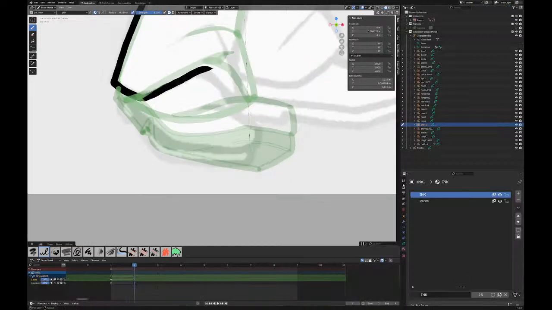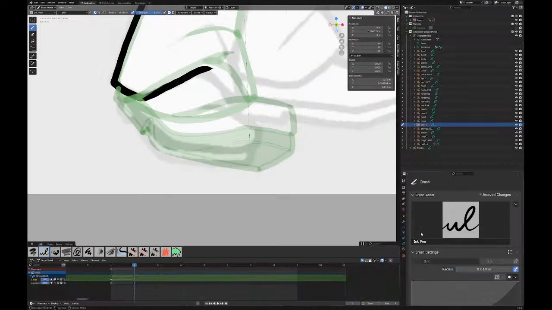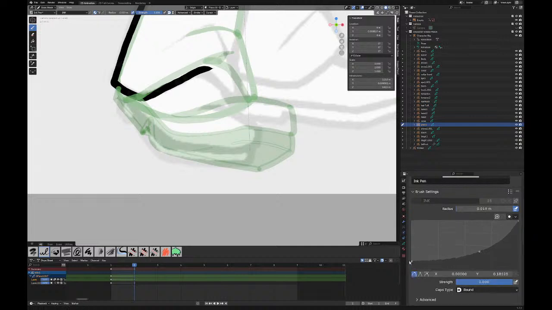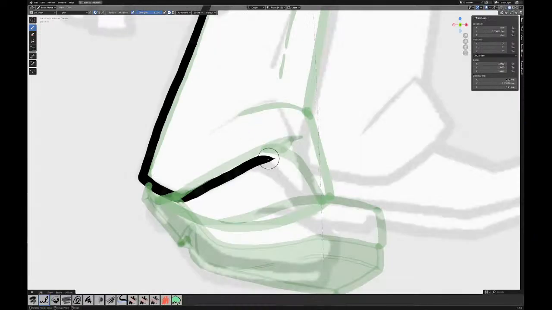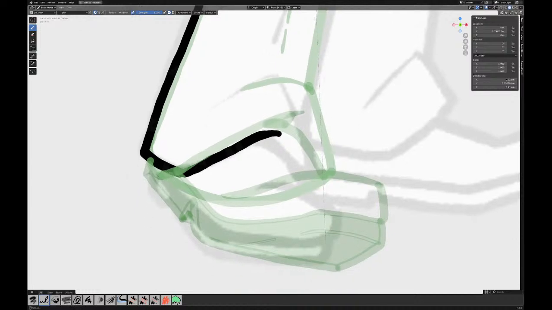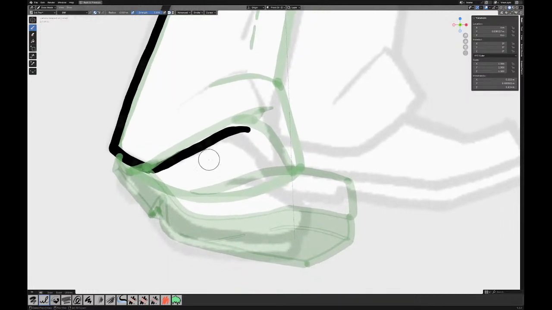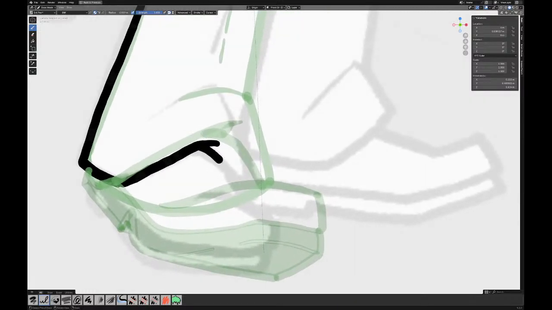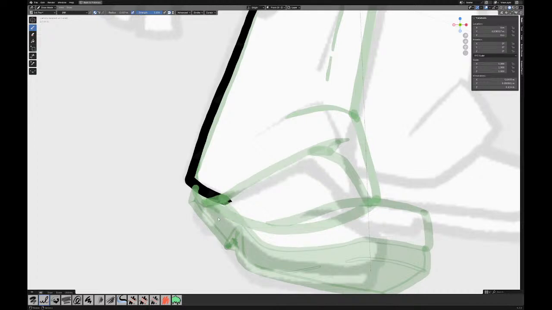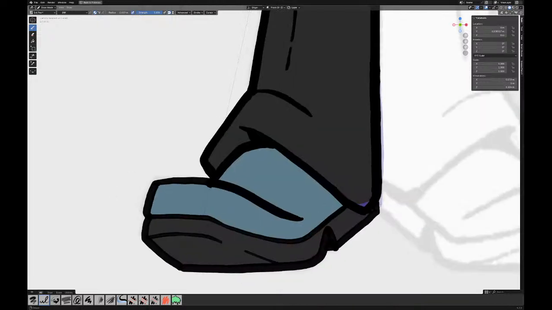I'm not happy with this pressure sensitivity falloff. Yeah, there we go. I'm just going to do that. I don't really like my lines tapering to a perfect point. No, hang on though. On the last frame, I did that by,